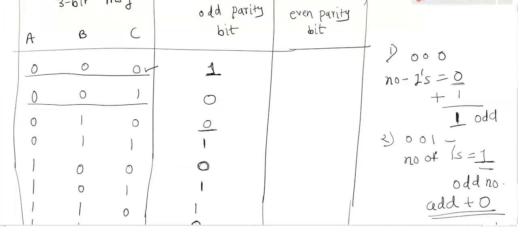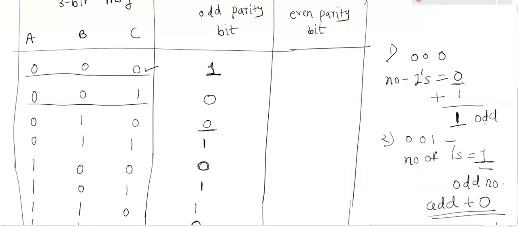The parity generator will be either an even parity generator or an odd parity generator. Remember. Clear? If the even parity generator is there, an even parity bit is added to the message. If it is an odd parity generator, then it generates an odd parity bit, and it is added together with the 3-bit message while sending to the receiver. Now in the even parity bit generator,